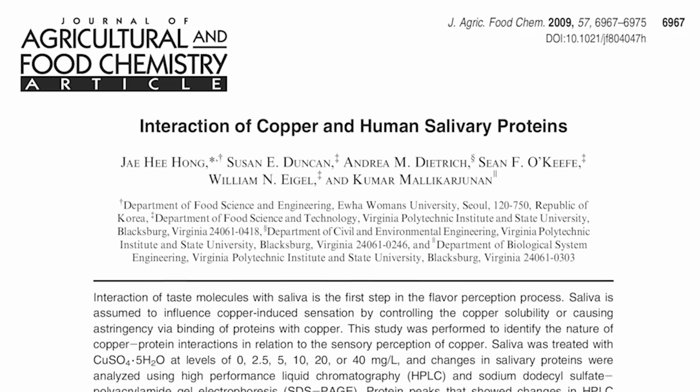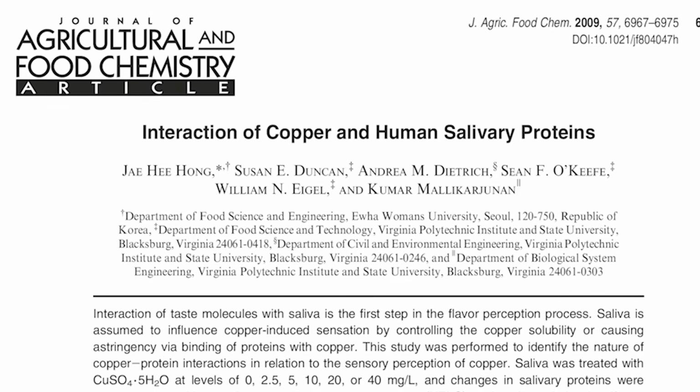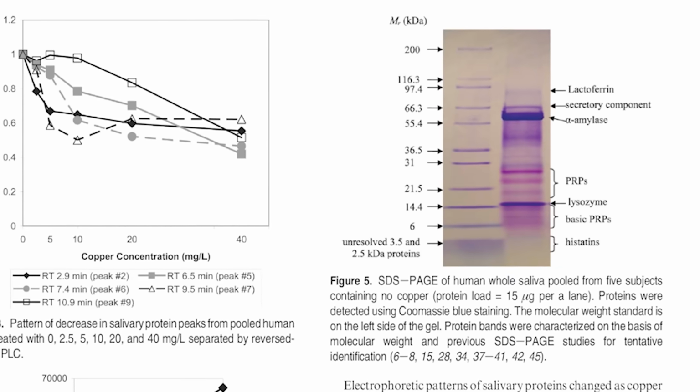Plus, I taste the copper, and the copper seems to enhance the taste of the drink. Fun fact, scientists don't really know what the metallic taste is. They don't know if it's a distinct taste modality, like sweetness or something, or if it's some kind of multisensory experience that's maybe electrical in nature. Here's a 2009 paper where they found that copper interacts with proteins naturally present in your saliva. This could have the effect of enhancing the astringency of the drink, which is nice if you're into such things,